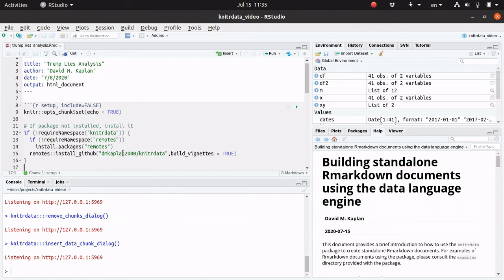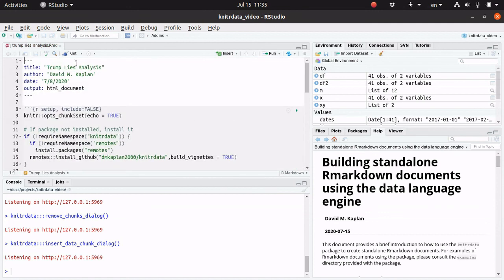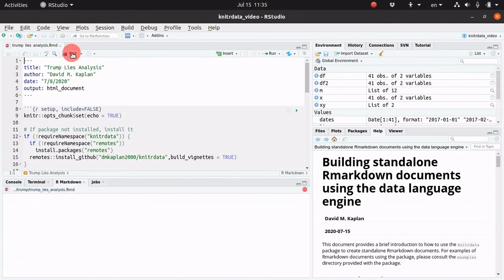standalone Rmarkdown document. It's important to note that at this point I could delete the original Excel file from the directory. It is not necessary to knit this document. This is completely standalone. If I just hit knit, it will go ahead and knit it and generate the document